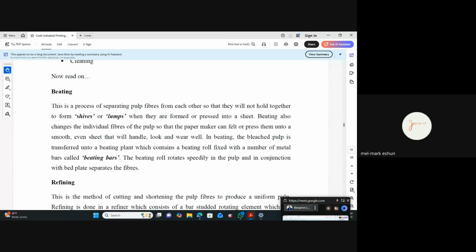In beating, the bleached pulp is transferred into a beating plant, which contains a beating roll fixed with a number of metal bars called beating bars. The beating roll rotates speedily in the pulp and in conjunction with bed plates